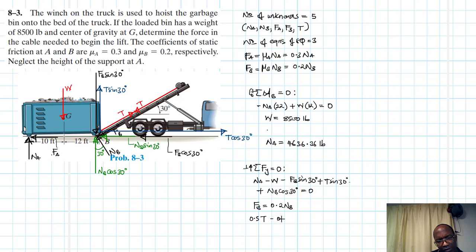Alright, let me just leave it like so. So 0.5... sorry, we said FB is equal to 0.2, so 0.5 by 0.2 by 0.5, okay, it's 0.1, plus cos 30. No, this is minus, right? So minus 0.5 by 0.2 plus cos 30. So this gives us 0 point... this is a plus